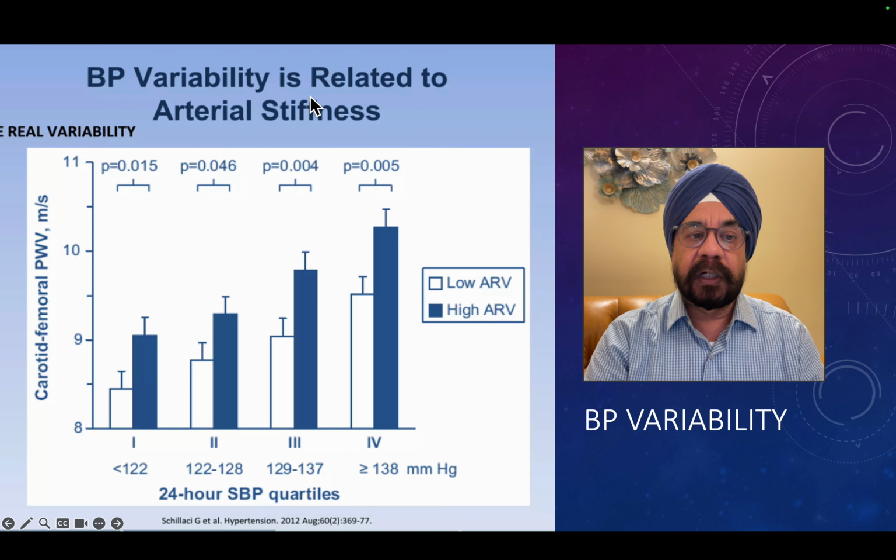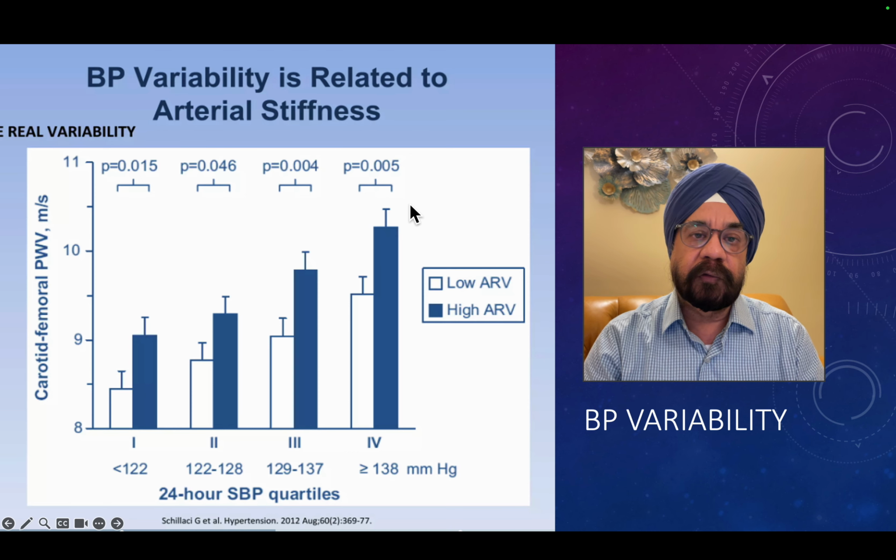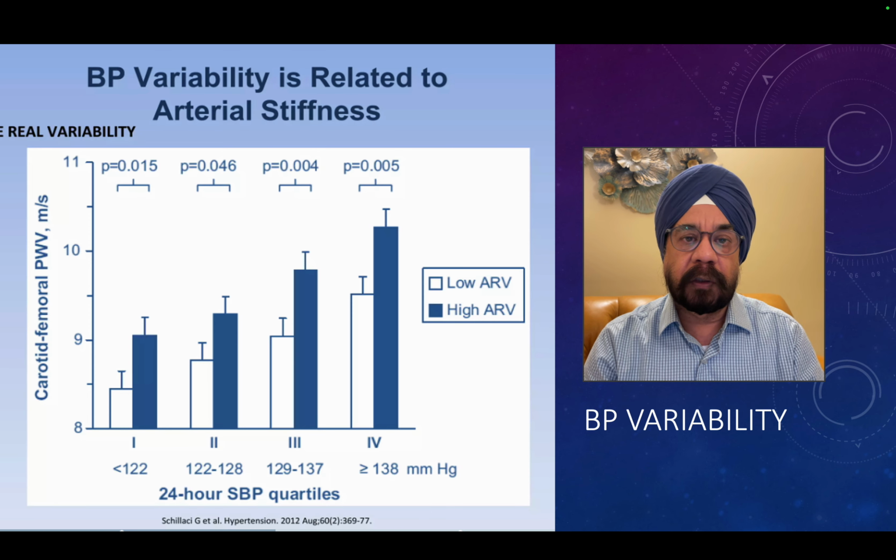Now, BP variability is related to arterial stiffness. Now you should know, once you have an arterial stiffness which goes high as the age advances, there is an increase in BP variability. Probably you have stiff arteries, and now if the cardiac output varies from beat to beat or during an hour, or some change in the cardiac output, immediately as the arteries are stiff, not flexible, the blood pressure would increase. The compliance of the artery is poor.